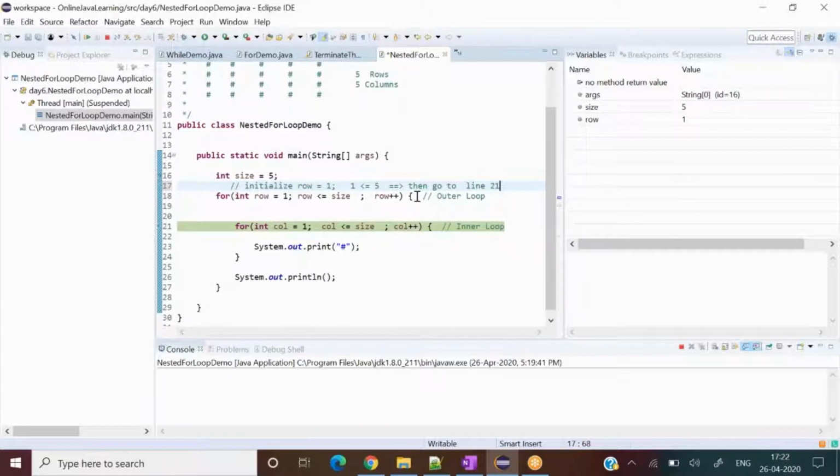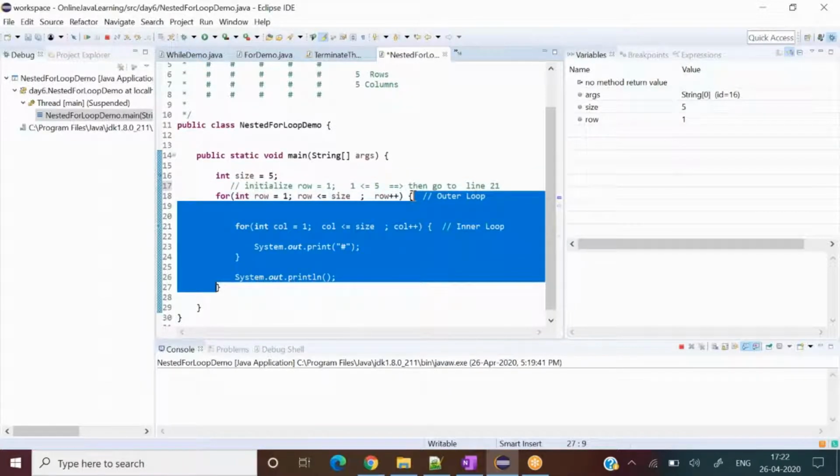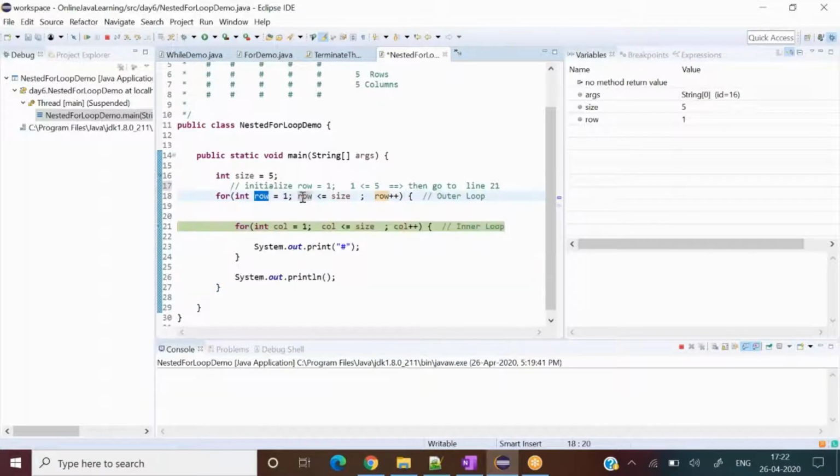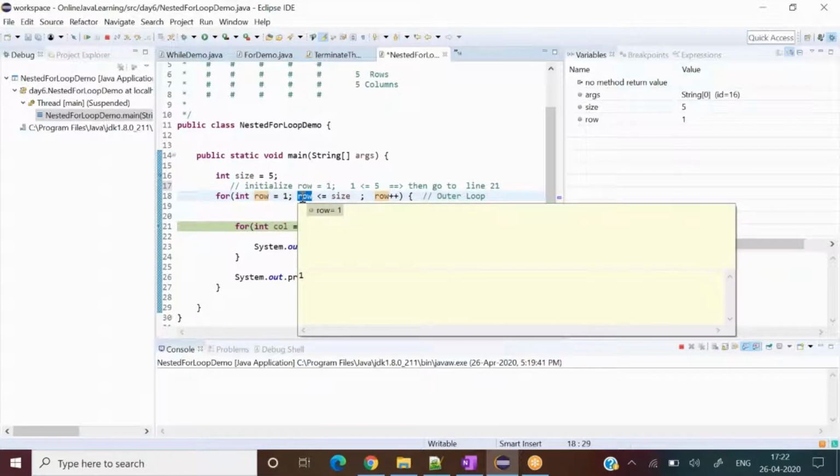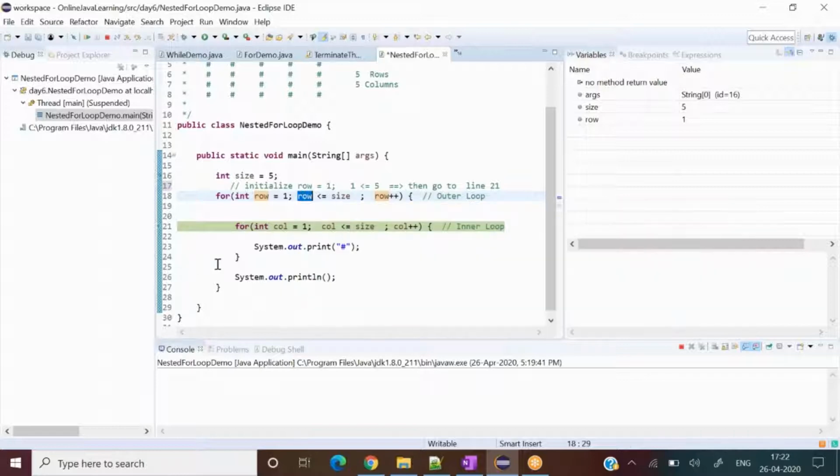For the outer for loop, this is the body. It does not know what is written inside it. After the initialization and the condition verification, as the condition was true, it threw the control flow to its body, no matter what is written over there. Whether an inner for loop exists or not, it does not bother about this. The outer for loop has done its work for the initial value. So far so good.